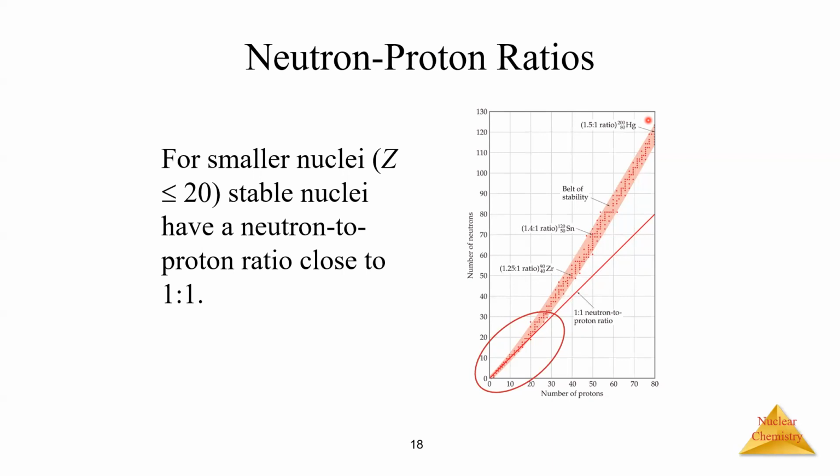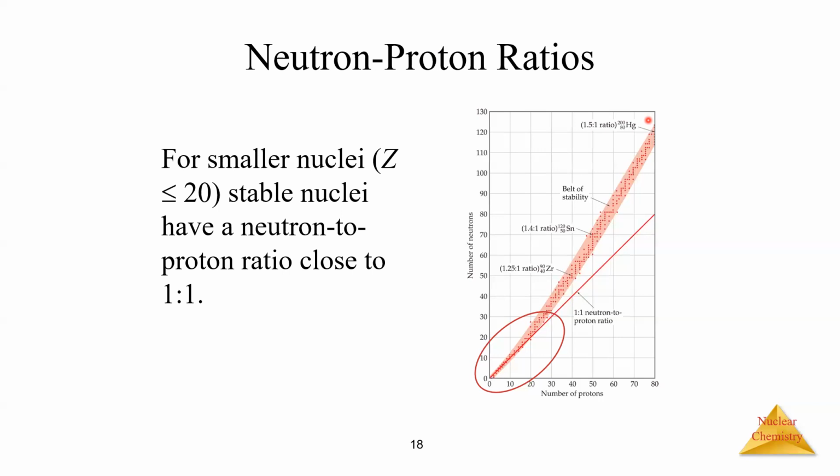And we can see with the earlier elements, so those smaller ones from about hydrogen up to calcium, so atomic number of 20, for the most part, the stable atoms are going to be pretty close to that 1-to-1 ratio. So we're going to have a single neutron for every proton. And if we just think about oxygen, the most common isotope, oxygen-16, 8 protons, 8 neutrons. Same thing with nitrogen, nitrogen-14, 7 protons, 7 neutrons, carbon-12, 6 and 6. So with those smaller atoms, we see a 1-to-1 ratio between those subatomic particles in the nucleus. That's going to be the most stable